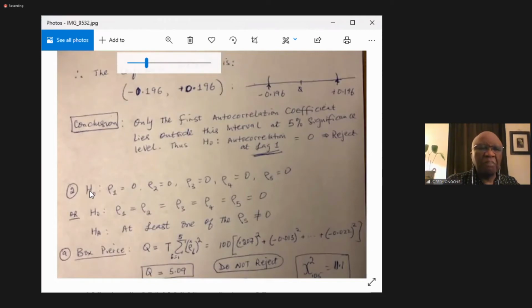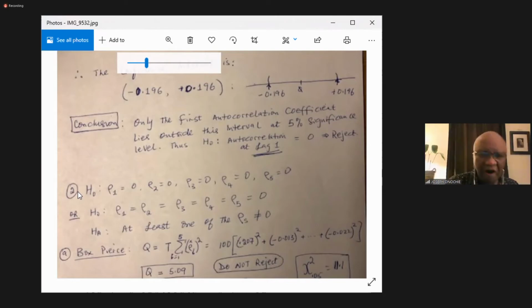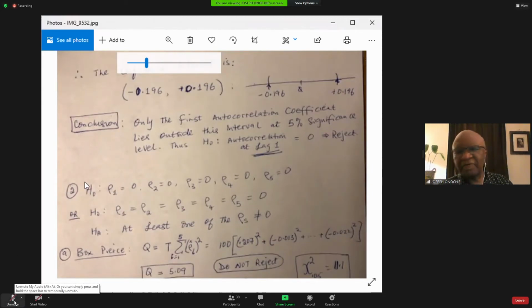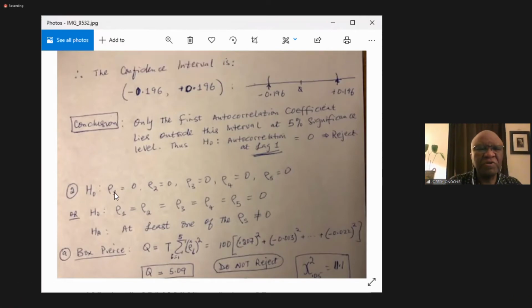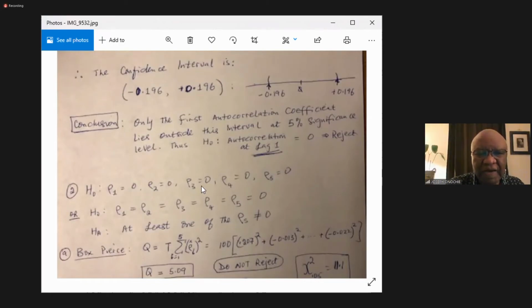Yes. But for the joint test, portmanteau, we're testing all of them together. We're saying the null H0: autocorrelation. By the way, I should have a little hat here, but never mind, let's not worry about that. I'll talk about that next week. So here I'm saying the autocorrelation at lag 1 is 0, lag 2 is 0, at the same time lag 3 is 0, same time lag 4 is 0, same time lag 5 is 0, and the alternative would be,